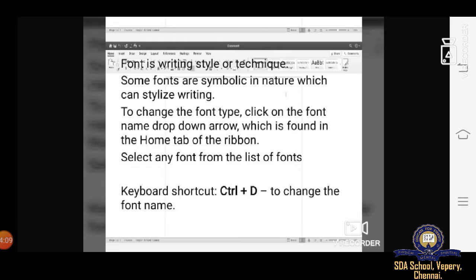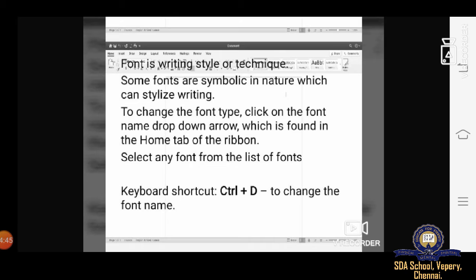To change the font type, first we need to click on the font name drop down arrow, which is found in the Home tab of the ribbon. You will find a list of fonts which can be viewed by scrolling, and you can choose the font and then start keying the text. Okay, first we need to select the font, which is found in the Home tab.